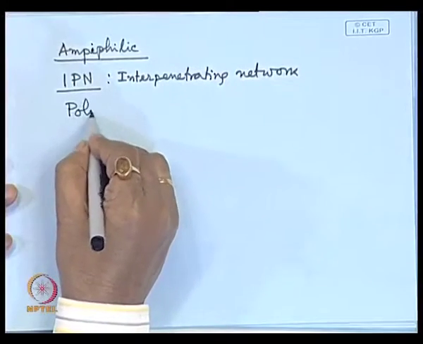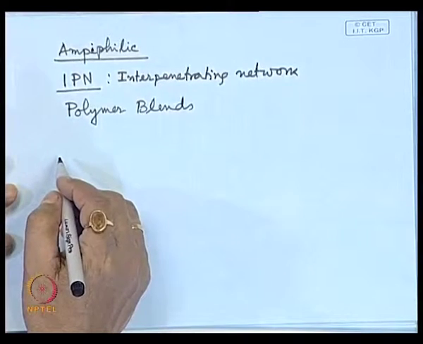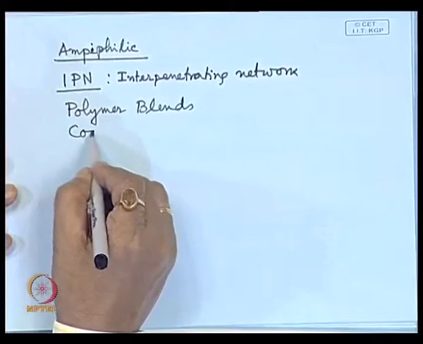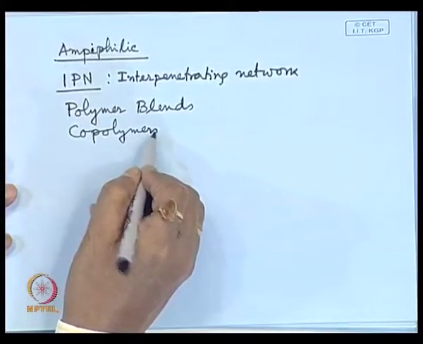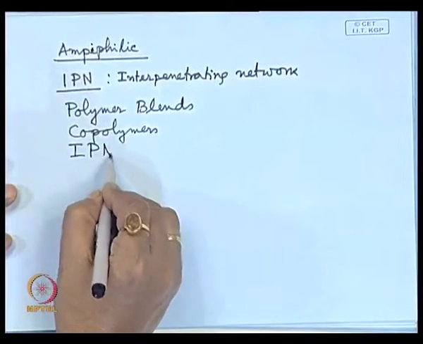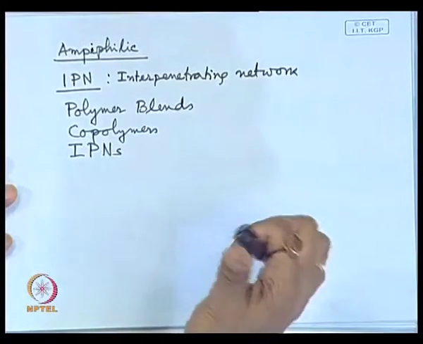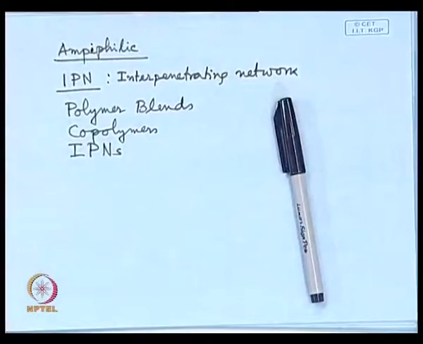In this connection, you will get some concept of polymer blends, copolymers and IPNs. Why were these developed? Before polymer blends, we knew only